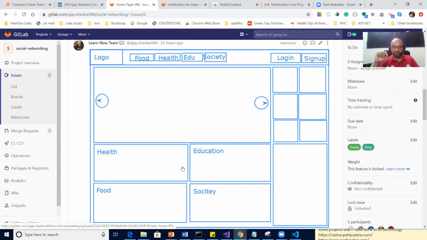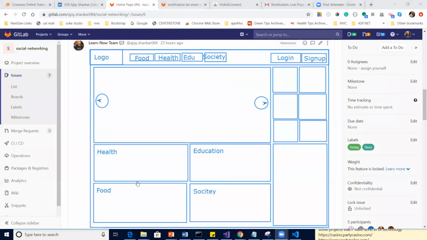2. 2 what? 2 rows or 2 columns? So 2 columns. 2 columns and 3 rows. 2 columns for sure. No. As of now, don't think for the inner one. If you go in that direction, then you will get confused. Think of the overall layout structure.